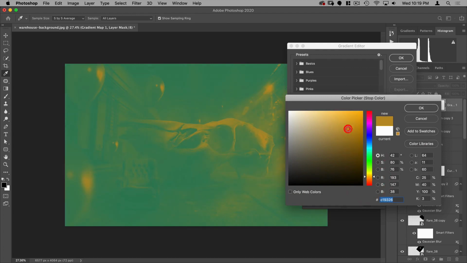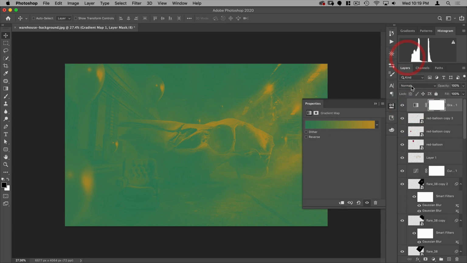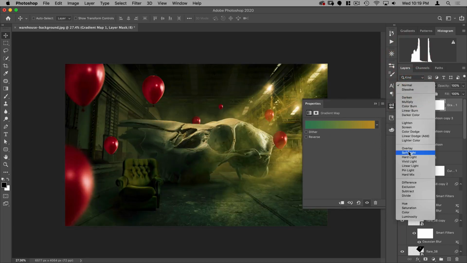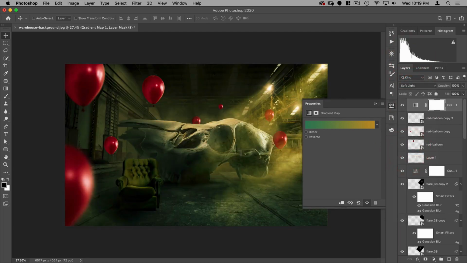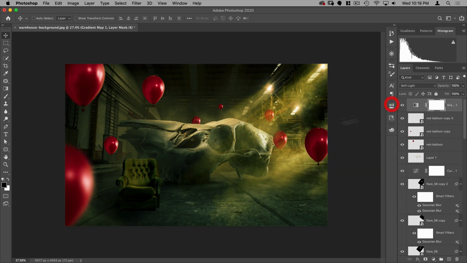So something like this. All right, and we're going to put this on soft light. And right away, it gives it this nice green, but our reds are also being influenced. So we have this nice color harmony of the green chair and the red balloons. But it's a little too yellow.